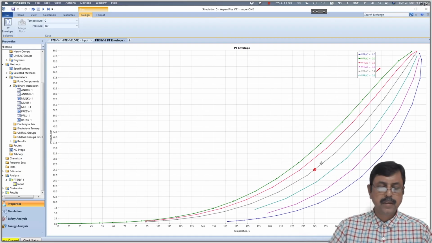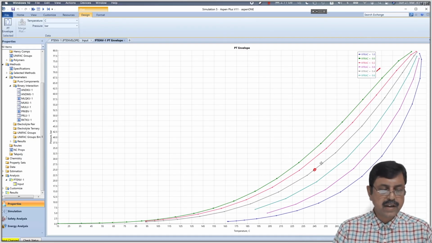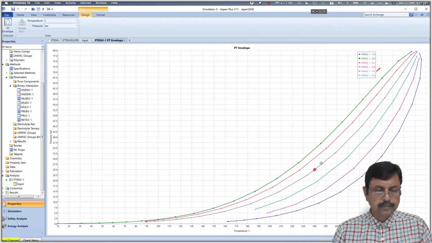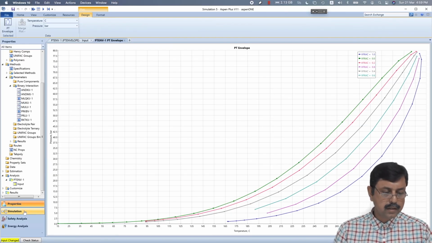That means if we run the distillation at 25 bar pressure and 245 degrees centigrade, then 40% of the feed will go into the vapor phase. That's what it means. So let us cross check. Go to simulation